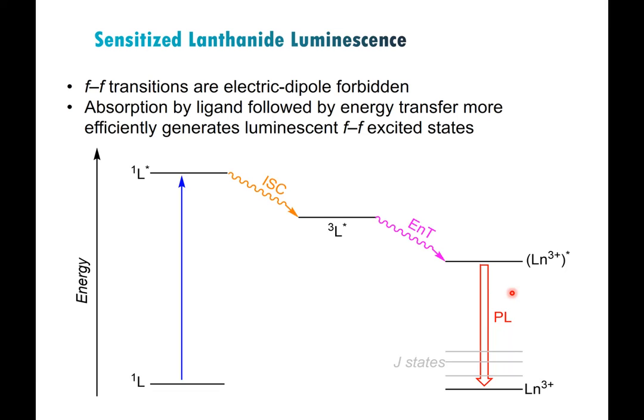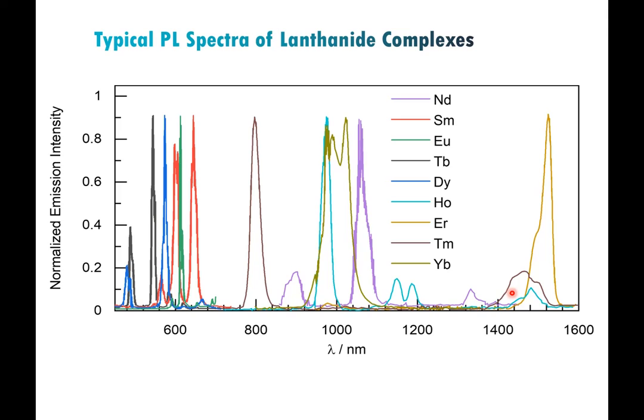All right, so that's how sensitization works, and here's a diagram that shows what the typical photoluminescence spectra of lanthanide complexes look like. The ligands are not specified. I don't even know if the source that I got this from said what the ligands were, but again, it doesn't really change much anyway. So the one that's in purple is neodymium. If you have a neodymium compound with any ligand type, you're going to expect to see these three bands